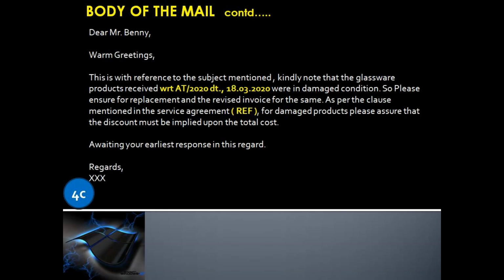So you would have had a service agreement between the client and the service vendors. So you must obviously write the reference number, maybe a form number or a standard number that your company follows.